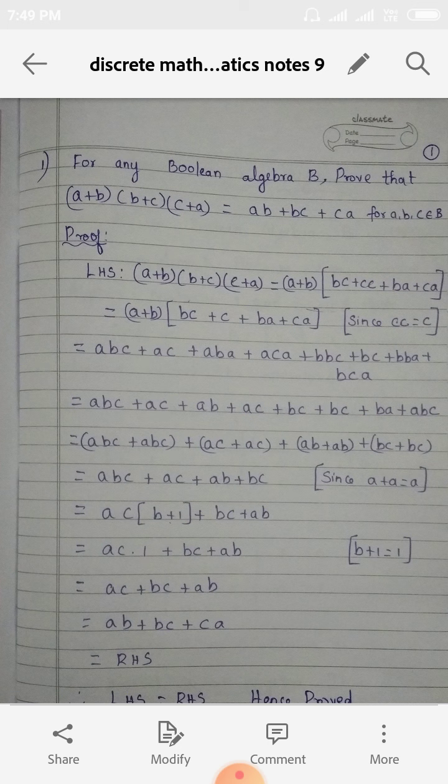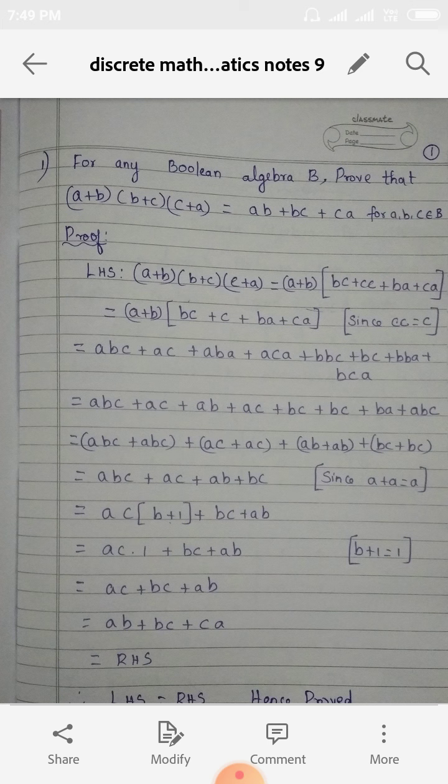Let us take the left hand side. What is the left hand side? (A + B)(B + C)(C + A). So first keep the first term as it is, that is (A + B), and take the second term and third term, you have to combine, multiply the second term and the third term. That is, B into C is nothing but BC, and then C into C, and then B into A, and then C into A. So the next term, A + B into, write BC as it is, C into C is nothing but C. This is a property. We get C into C is equal to C. So write simply C, and then BA, and then CA.